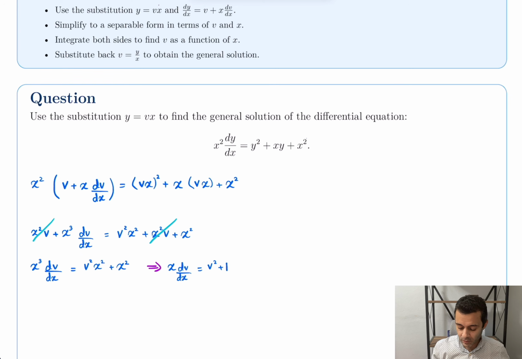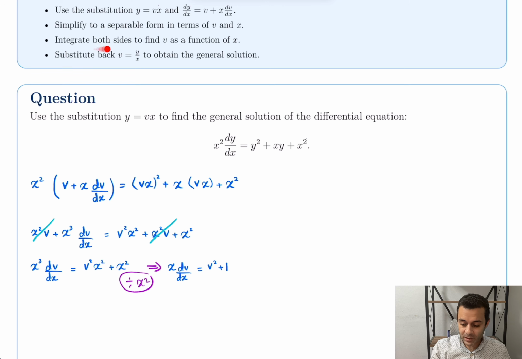Now, still after simplification, we can divide both sides by x squared. So if you divide both sides by x squared, you will get x cubed divided by x squared, which is only x. Here x squared will be gone because we divided by x squared, we have only v squared, and here x squared divided by x squared is 1. Next, after we reach this, notice that it's a very simple equation where we need to separate the variables